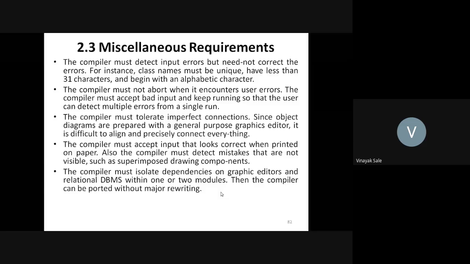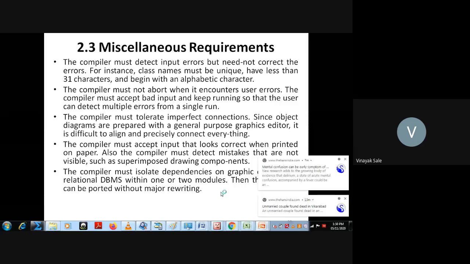So the compiler must not abort when it encounters user errors. The compiler must accept bad input and keep running so that the user can detect multiple errors from a single run. The compiler must tolerate imperfect connections since